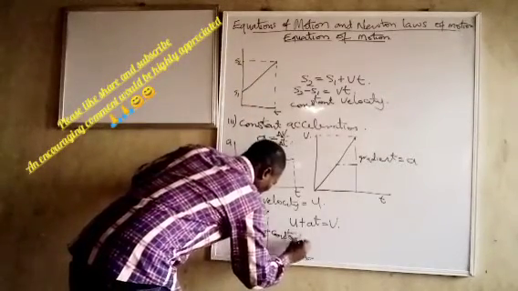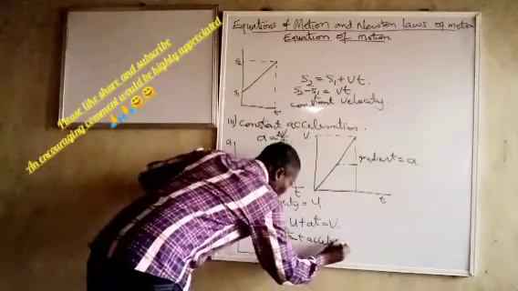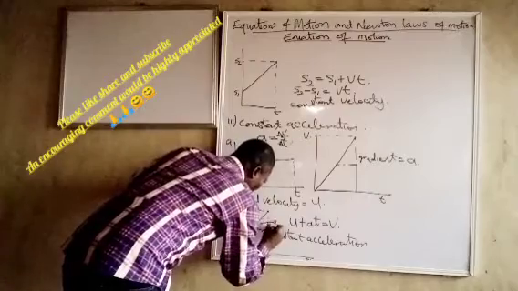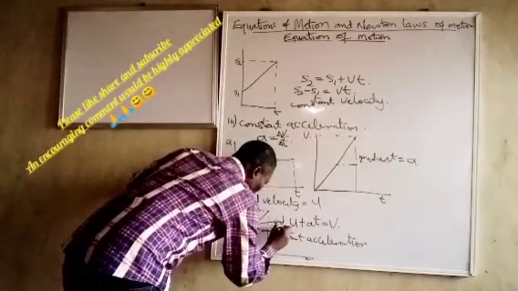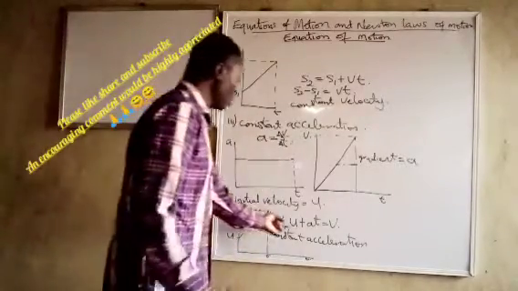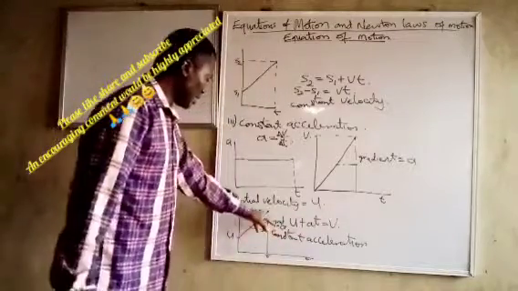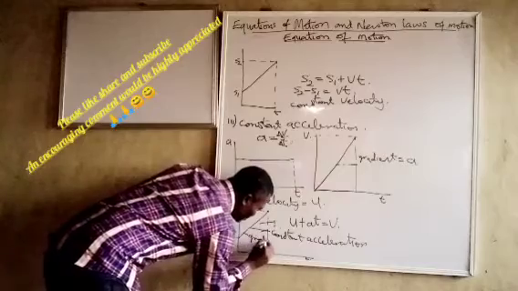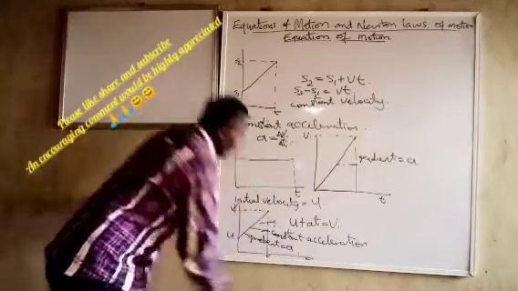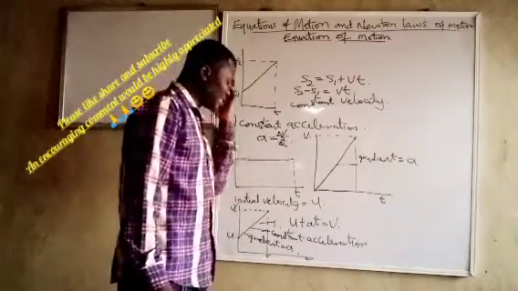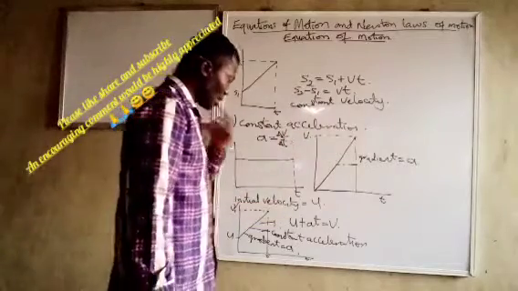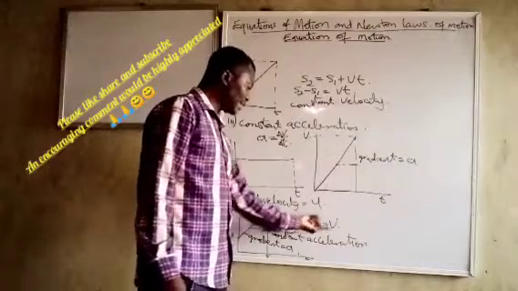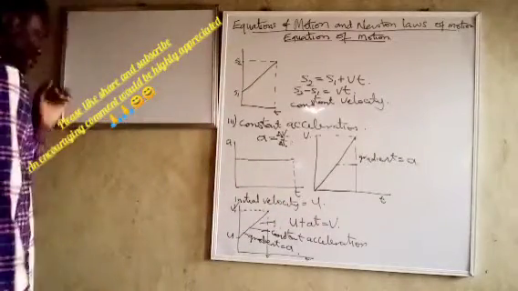Constant acceleration. And please note the gradient here, the gradient is equal to A. You can see. So U plus AT equals V. The gradient equals A. So you can see when we have a body moving with constant acceleration, with initial velocity U, our final velocity after time t is going to be U plus AT. That is straightforward now. You can get it.